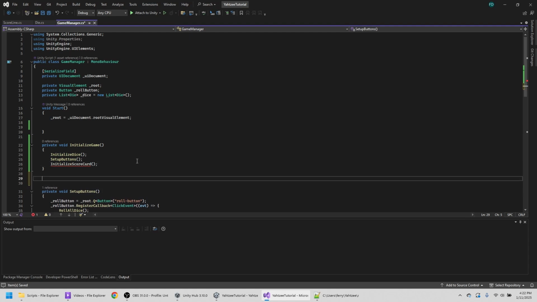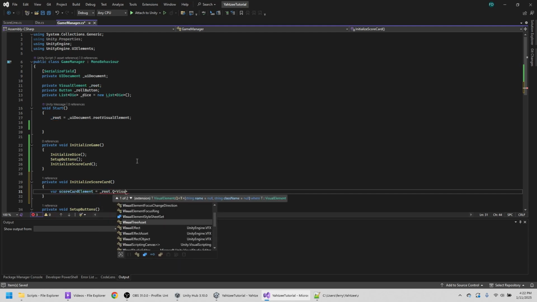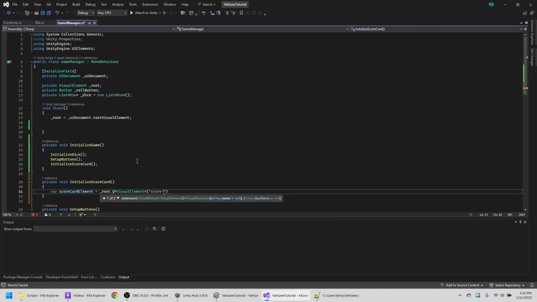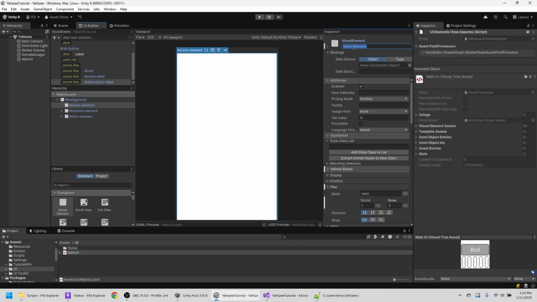Now we can create this initialize scorecard method as a private method. In this method we will get a reference to the scorecard element from the main UI by adding a query on the root for visual elements. And for the name we can put the name scorecard element. The name is a little bit different than what we use in the UI, but I think this describes it a bit better. So to make that work we will change this in the main UI as well, before we